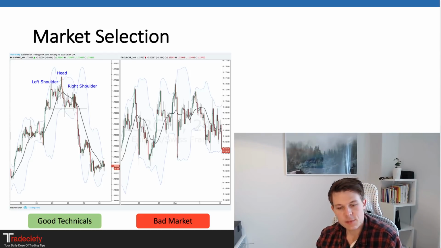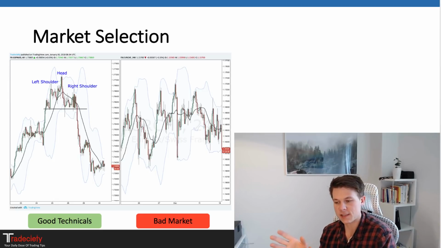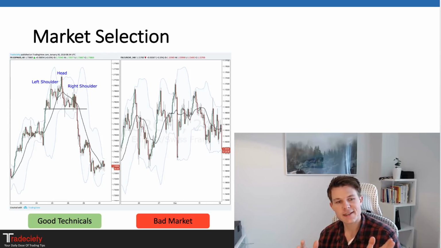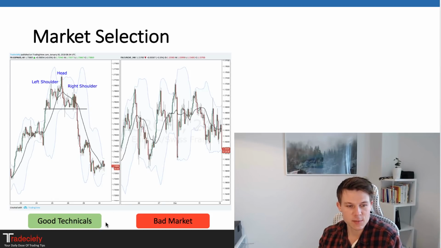But the next step is, as I said in the beginning, being neutral as a position. So many people make the mistake, they always think that they have to be in a trade. They always look at the markets from, is this a buy or is this a sell? They don't really recognize that there's something in the middle, and it is maybe one of the most important positions. So being flat, being neutral, and not taking a trade is very important. And market selection is where this comes in.